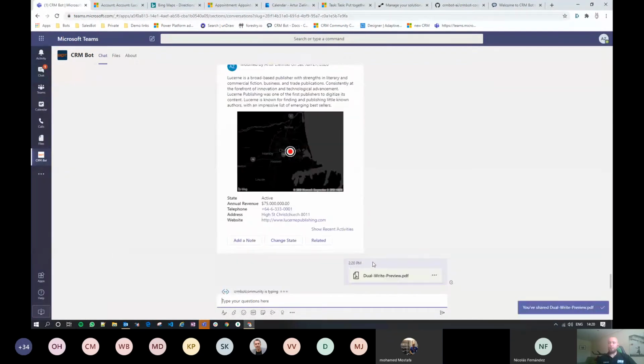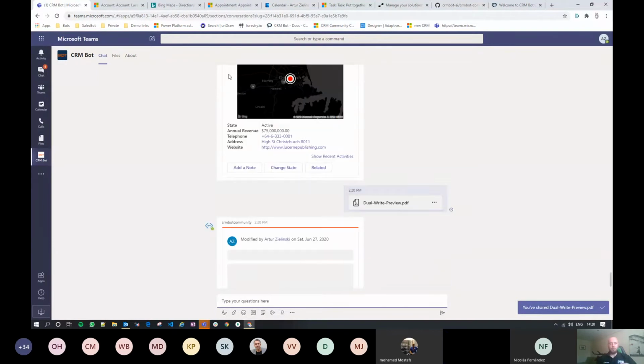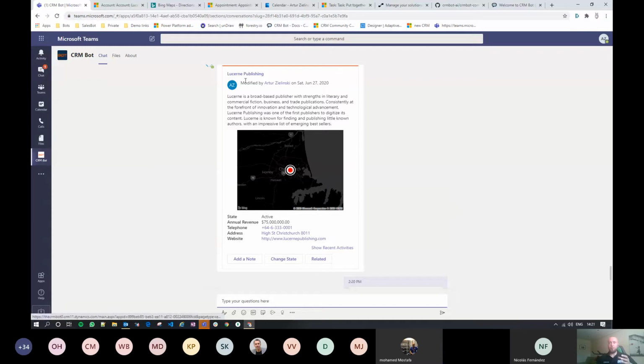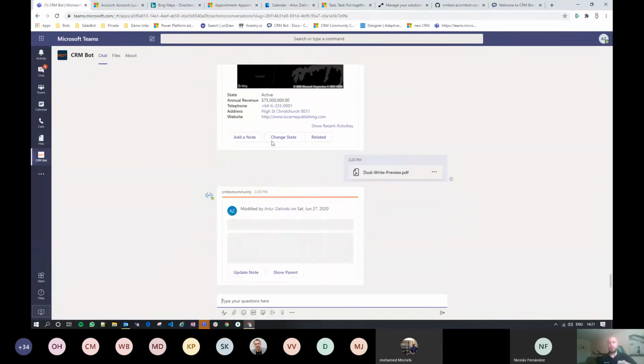So I'm sending a file, and because I'm in the context of this record, I basically use context to remember the history. The chatbot knows that when you send a file, it's a file for this account because it's done directly underneath this account.